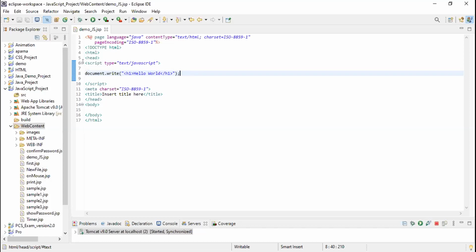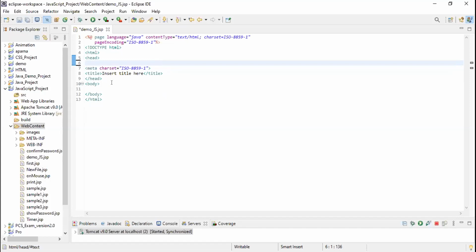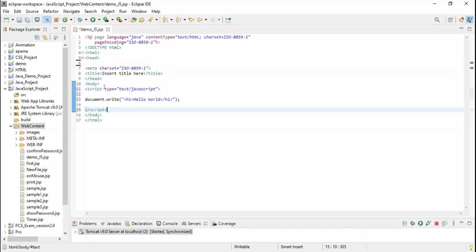So in the head, I am writing the script here, and if I write it in the body section, it will also work. All of you try it.